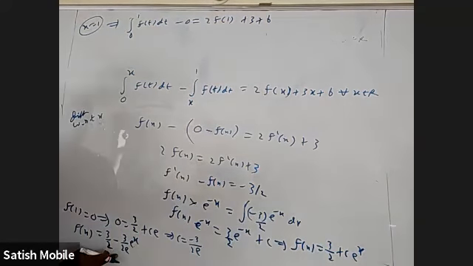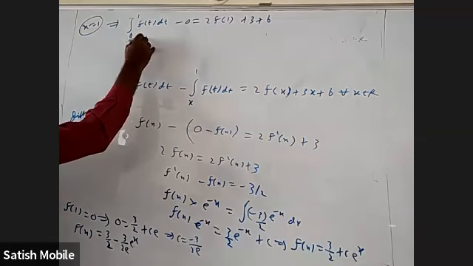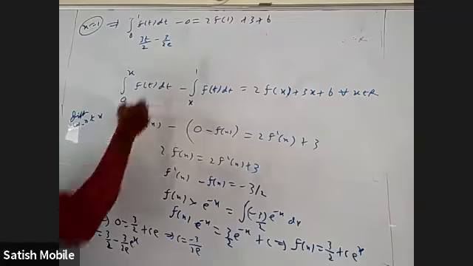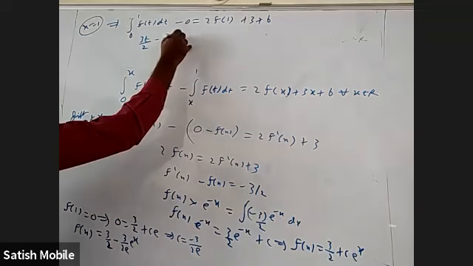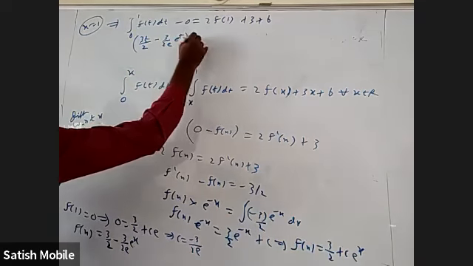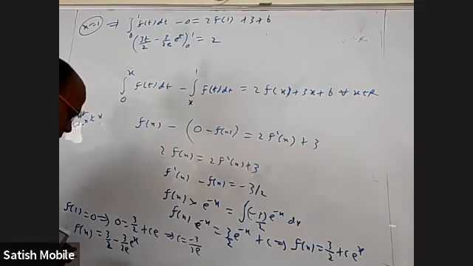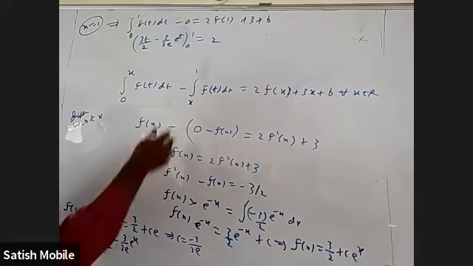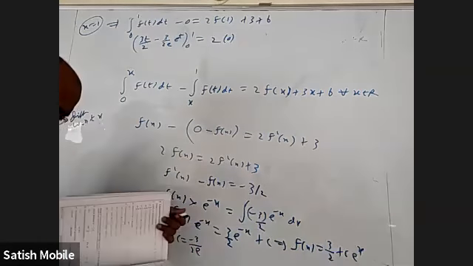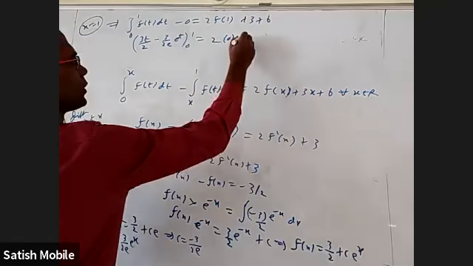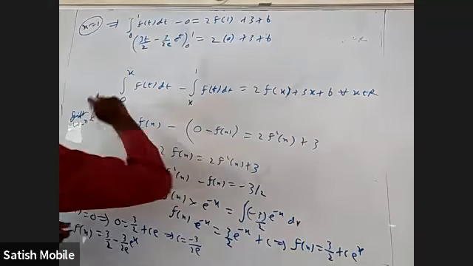Okay, f of t is this. When I integrate, I'll get 3t by 2 minus 3 by 2e, and the integral of e power t is e power t, with the limits 0 to 1. F of 1 is 0, right? In the question, they gave f of 1 is 0. That is easier. Plus 3 plus b.